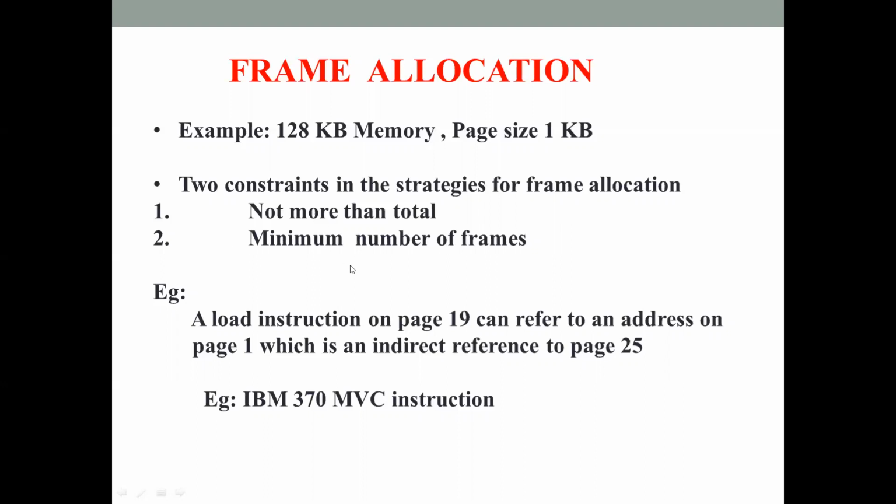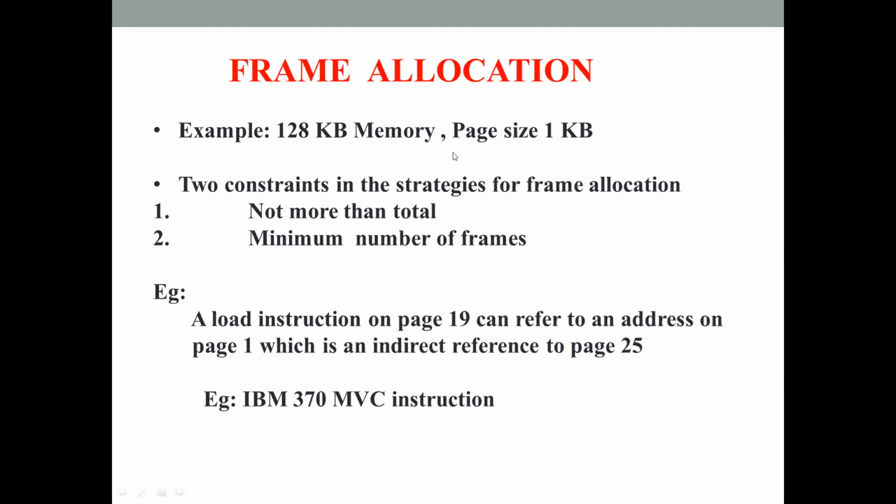The page replacement algorithm will select one out of the 93 in-memory pages to be replaced for the 94th page. Similarly, when the process terminates, all these 93 page frames will again be placed onto the free frame list. This is how a frame allocation algorithm works in the simplest case.